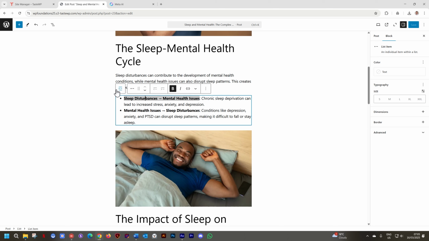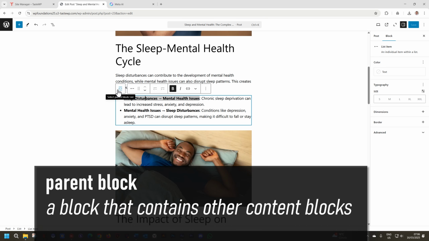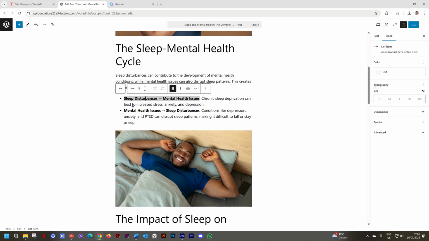I have a detached little block here, and it says select parent block list. This one that I've clicked on appears here, and this is called a list item. The moment you have a disconnected block here, it indicates that there is a bigger block that contains this block. So it's a parent block. We refer to it as a parent block. And this parent block contains all the list items. So I select this one, and it will give me the same parent block.